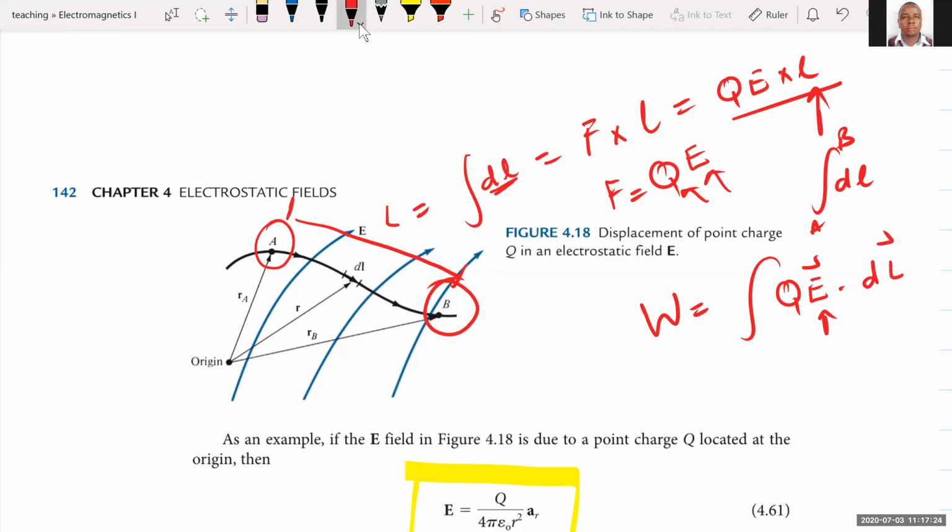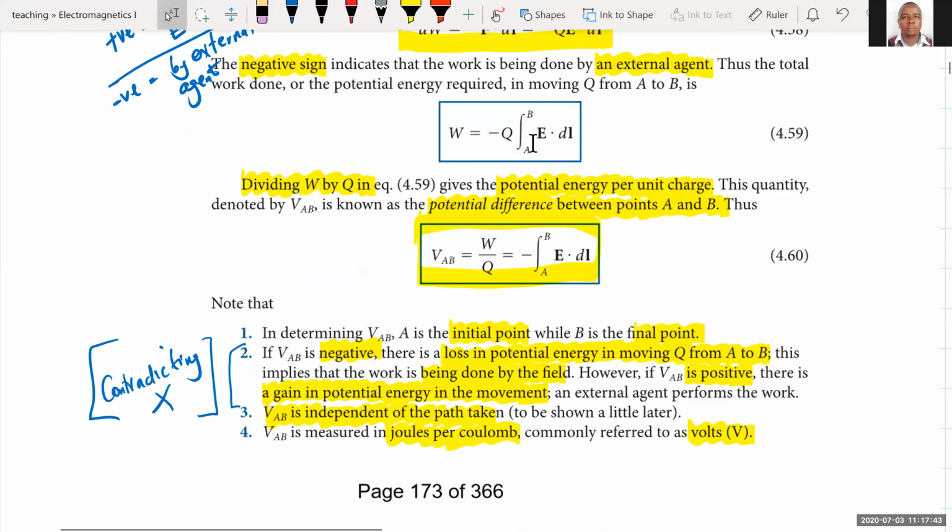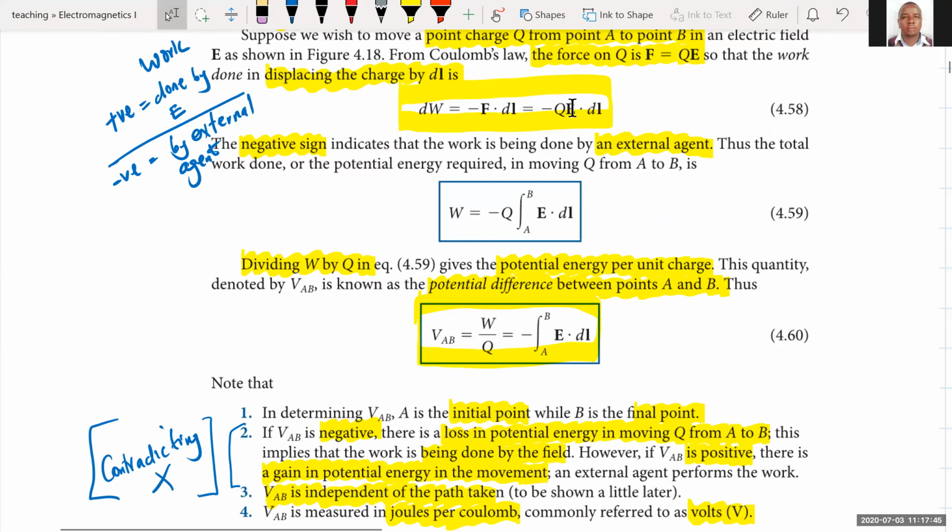E is a vector and L is a vector, and therefore when you do that, this is how you obtain the work that moves the point charge from point A to point B. So of course that is what I have just developed from equation 4.58, and we are saying